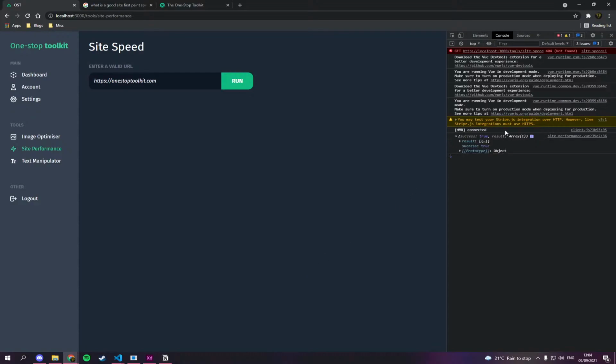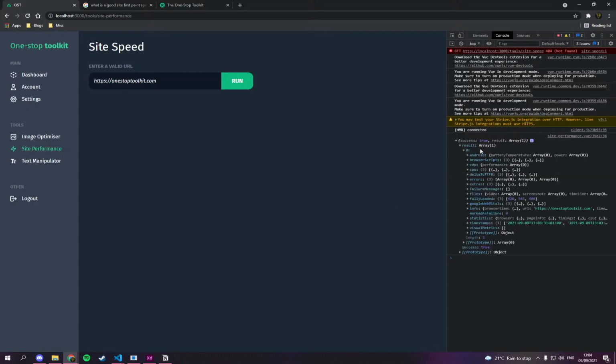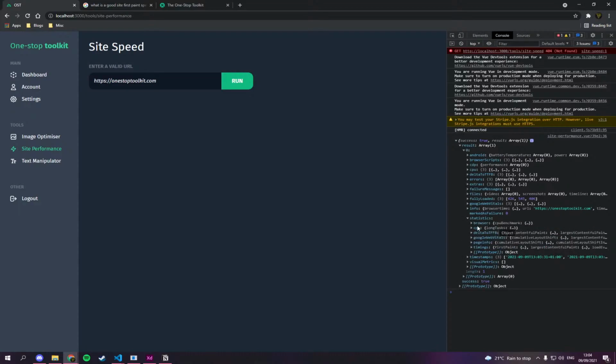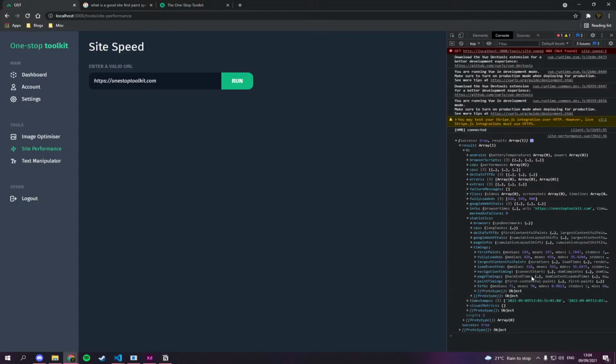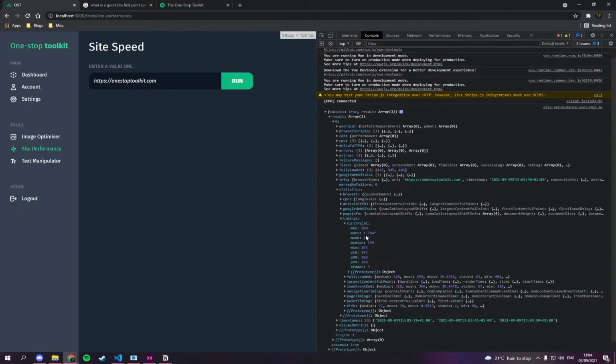I apologize for that. And then you can see here we got results back. It's an array. And if we go down to stats, you can see here the most important ones are timings. And you can see the speeds all here. So let's just open this up a little. First paint, so we got a median. This runs 3 times, by the way. So it runs the test 3 times and gives you the median, so you can kind of see what the sort of speed tests are. And that ran, first paint was about